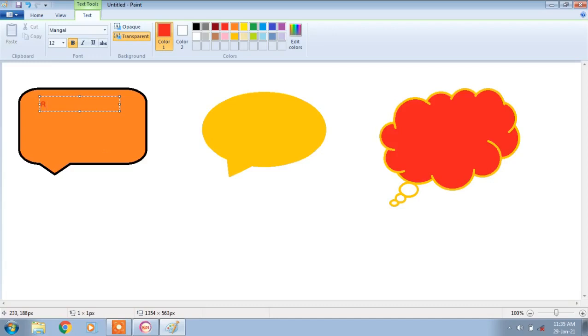Rounded rectangular cutout. Then see, it is red color. We don't want that red color. Let me choose black color, and let me increase the size a little bit. 24 size, and now it is not displaying. Sorry.